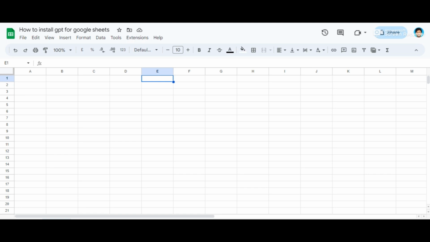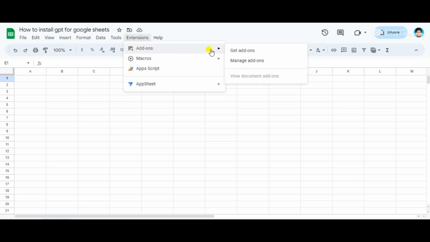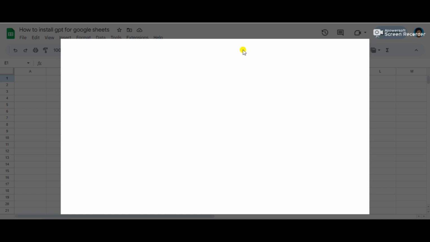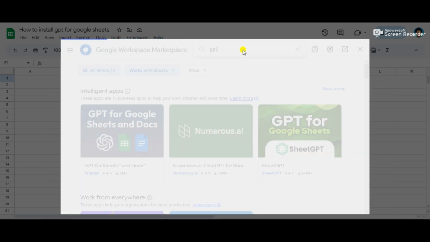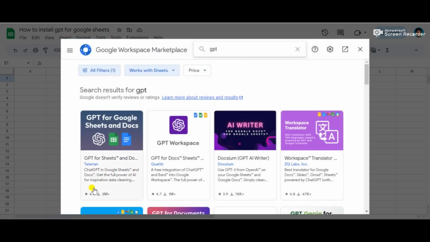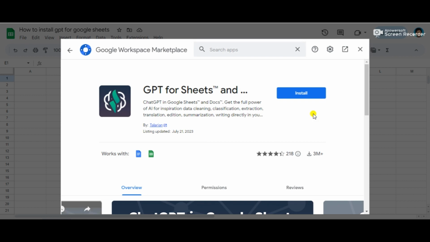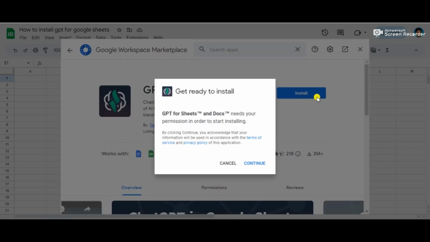So to install, just click on Extensions from Google Sheets or Google Docs, then click on Add-ons and Get add-ons. Now type GPT in the search apps and then hit enter. Here it is, the first add-on. Just click on it and click on the Install button. Just hit Continue